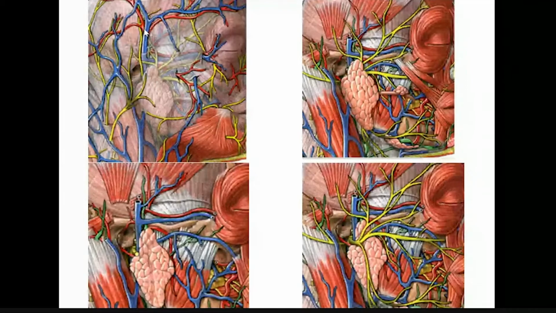Now, the parotid gland, as I said, is an exocrine gland, so it has a duct. The duct of the parotid gland emerges from the middle of the anterior border of it. It's about 5 centimeters in length and passes over the masseter, you see, this is the duct of it, and then over the buccinator muscle for a short